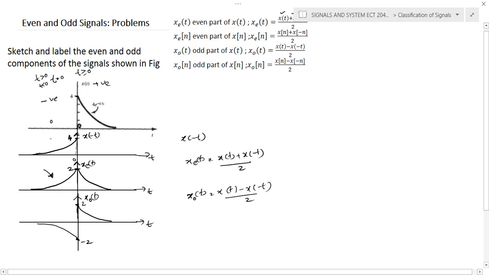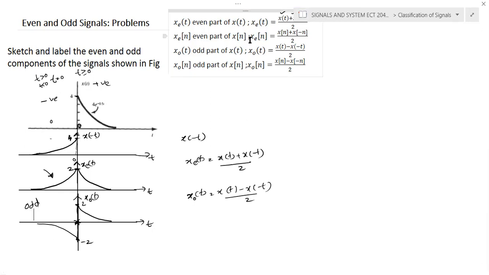At t equal to 0, there is again a zero crossing. You can see for the odd signal there is a zero crossing point, or we can call it a discontinuity at this particular point. And if you add these two signals, you will get exactly the same thing here also. These are opposite values, positive and negative. So the odd part you will get 0, and for the positive side you will get double, 2 plus 2, 4. In the next lecture we will do some more problems.